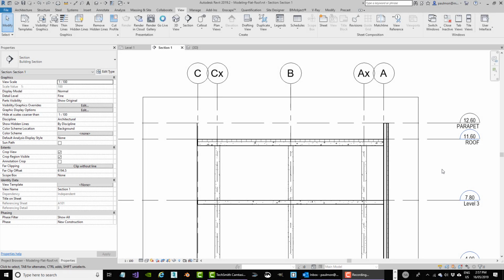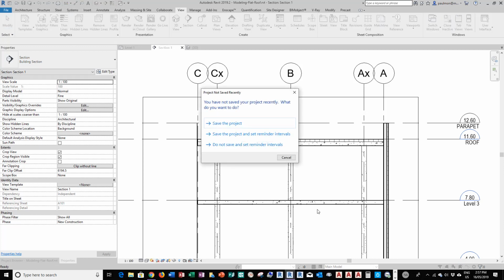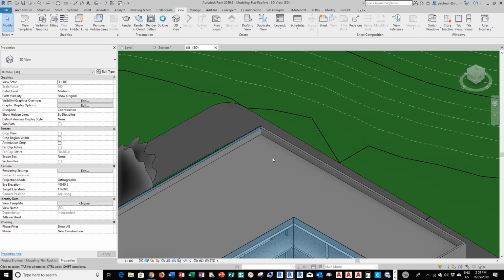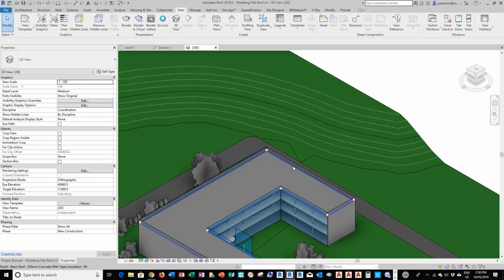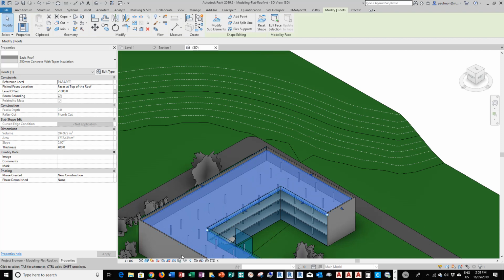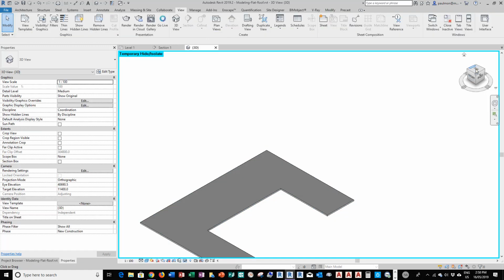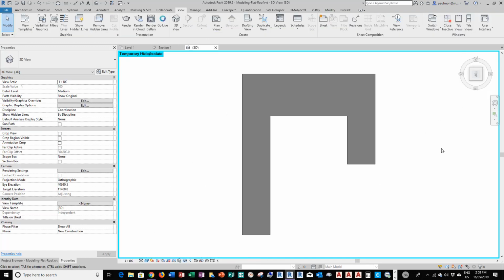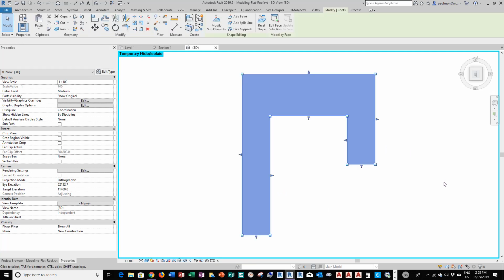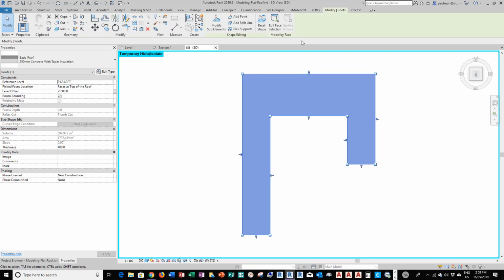Now we're going to toggle back to 3D view to see how we can slope this insulation. So I'm going to click on the 3D view in my quick access toolbar, double click. And I'm going to click on my roof and highlight it, and go to Temporary Hide/Isolate. I'm just going to isolate element. Now I'm going to go to the top view. I click on the roof, highlight the roof, select the roof, and then select